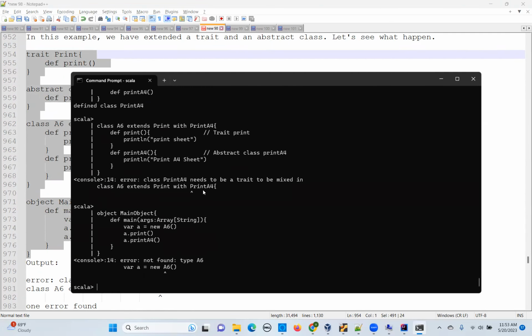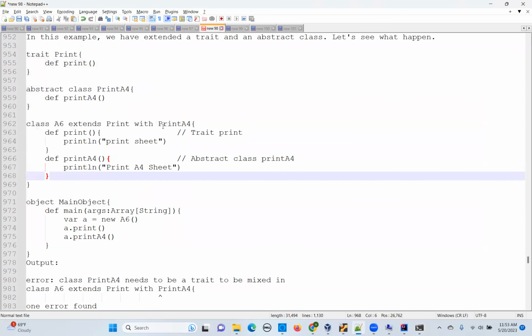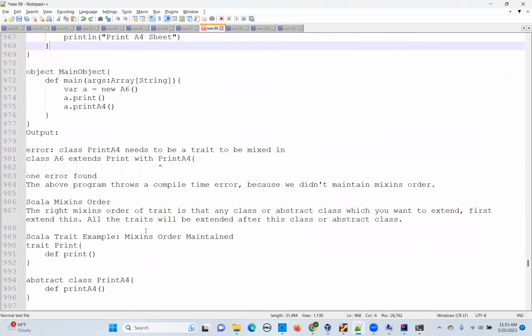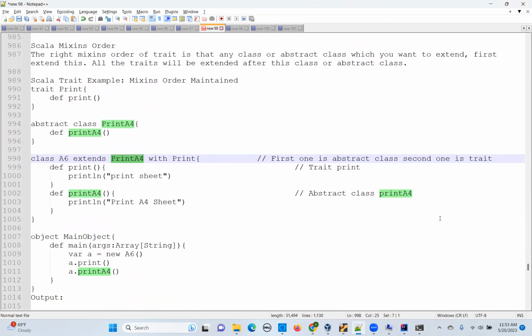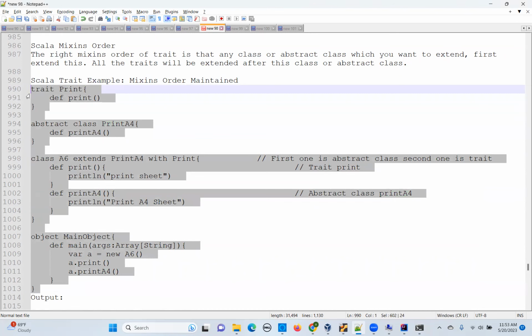Here you are getting the error for print A4. It says class print A4 needs to be a trait to be mixed in. So you should do the reverse order: extend the abstract class and then use with for the trait. Then it will work. So if you have a trait and an abstract class, first you do the abstract class and then the trait. The order of precedence is that the abstract class will be first. So when you run this,